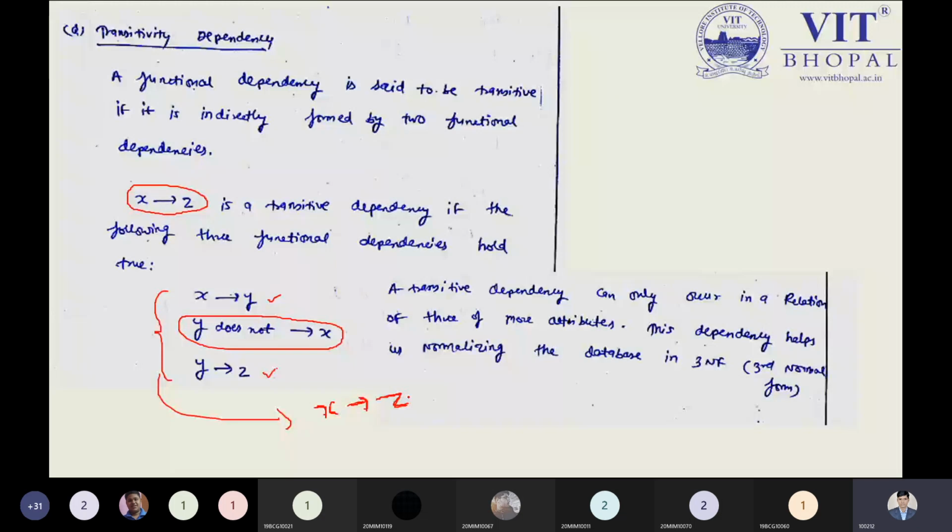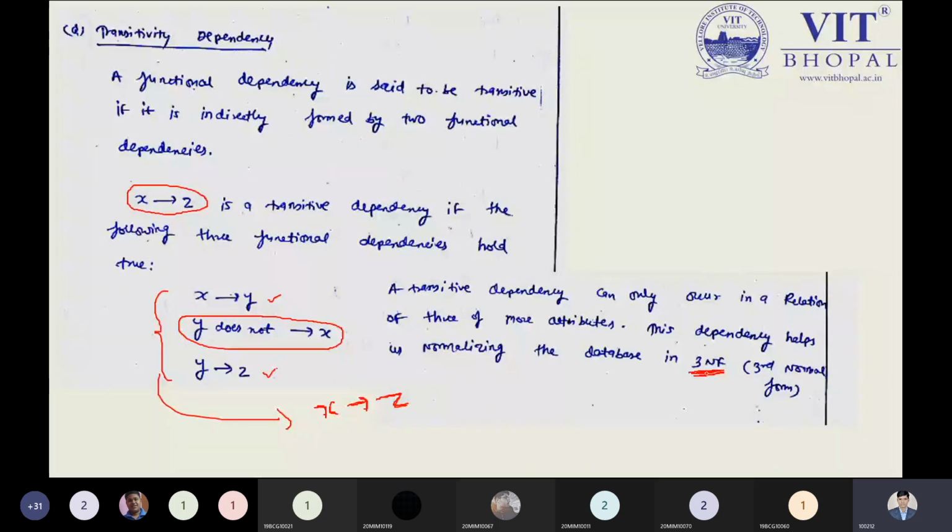So when we study the third normal form, which is one kind of normal form of our database, this will help at that moment. Don't worry, we will see this concept with the help of some numericals at that moment. We need to understand where a transitive dependency will be applicable. That is a big question we have to keep in mind properly. So now, this is the transitive dependency.